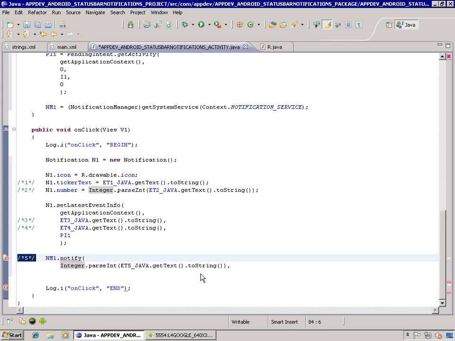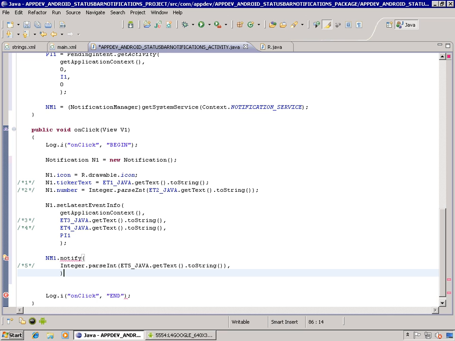Let's bring this number 5 over. Whoops. So the next question is, what do we say? So we have an ID for a notification, and every time we refresh it, this number will help it know what ID that we're refreshing. If it doesn't exist, it's going to actually create a new status bar notification, and that one time will trigger the ticker text. So now let's go ahead and send it the notification,